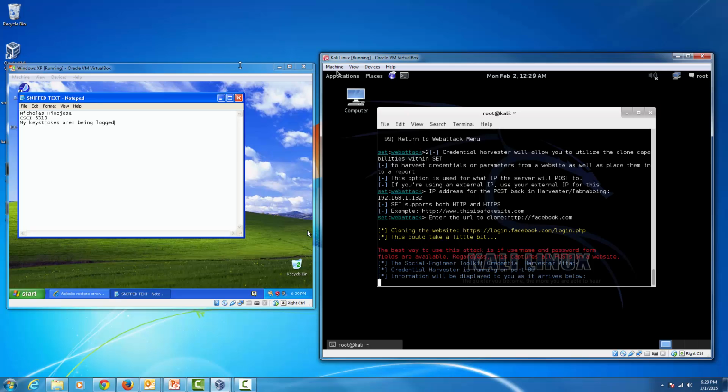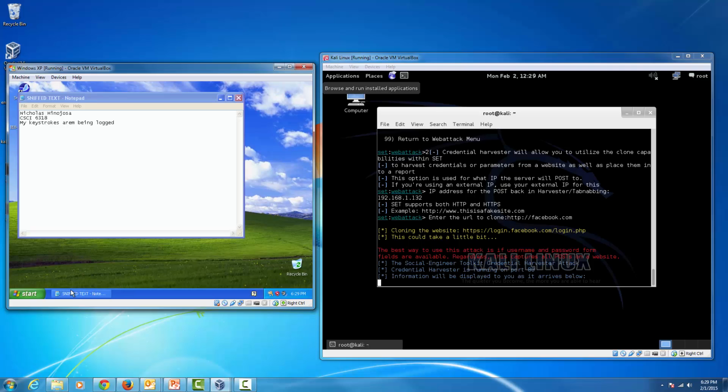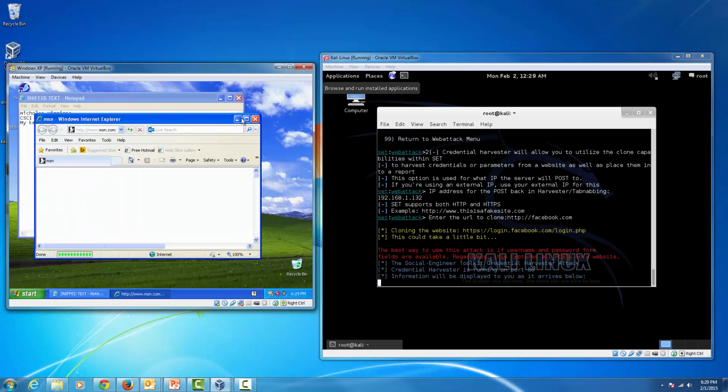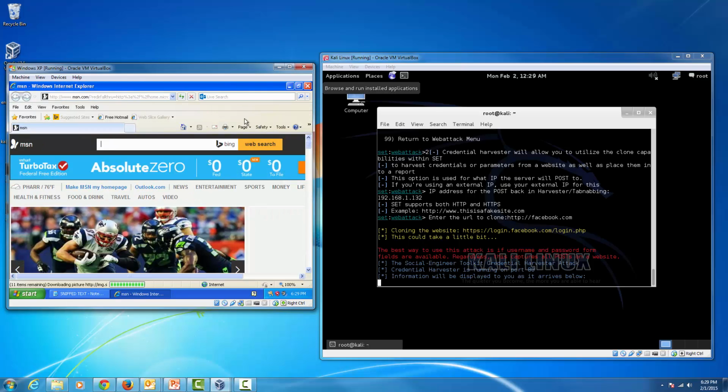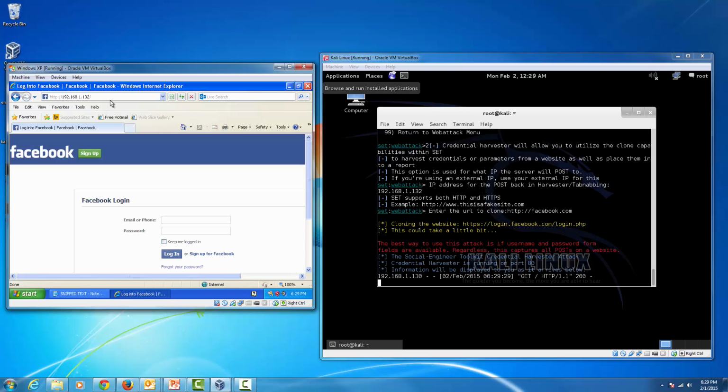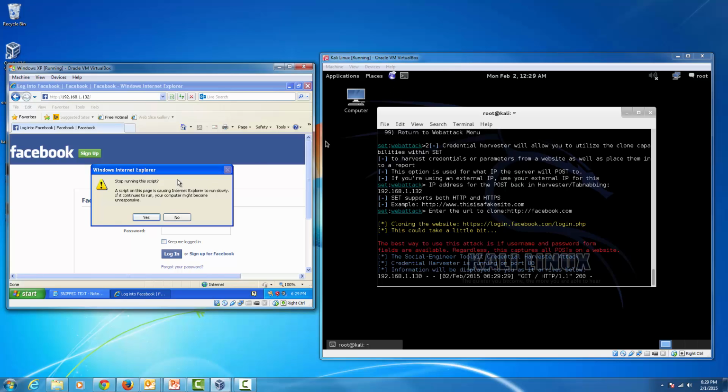Okay, so go back to the Windows XP machine. Let's close out the browser and open a new browser. And then here we're going to enter the IP address of the Kali Linux machine, which was 192.168.1.132. Now you see this IP address belongs to this machine here. But all of a sudden,